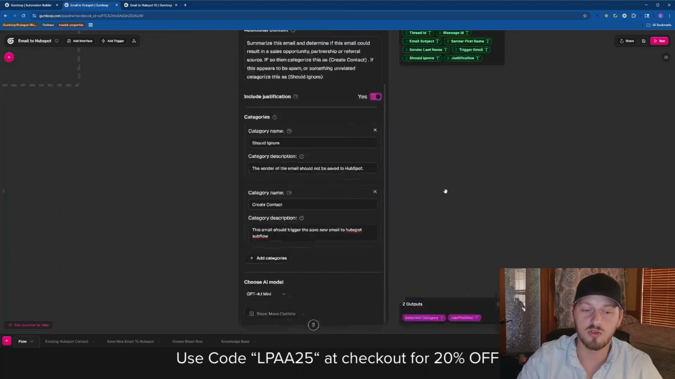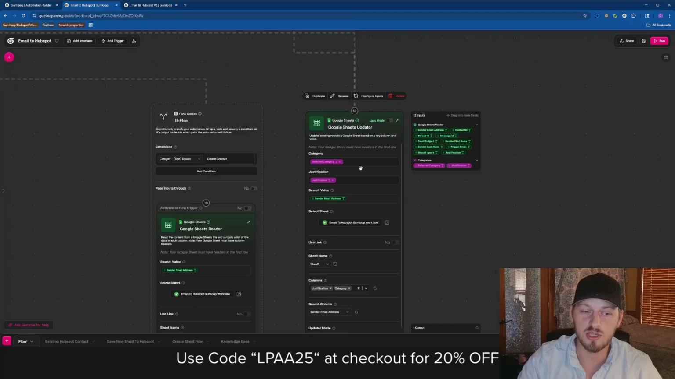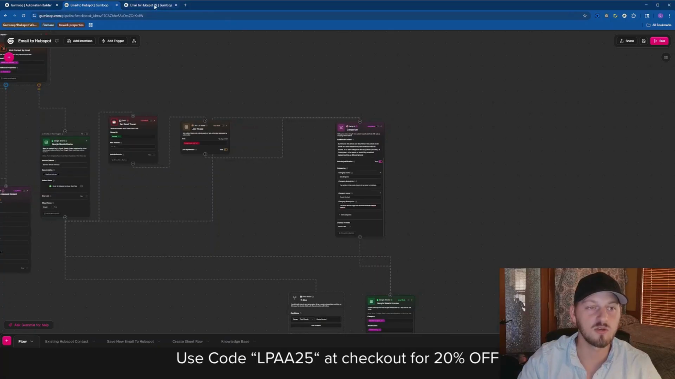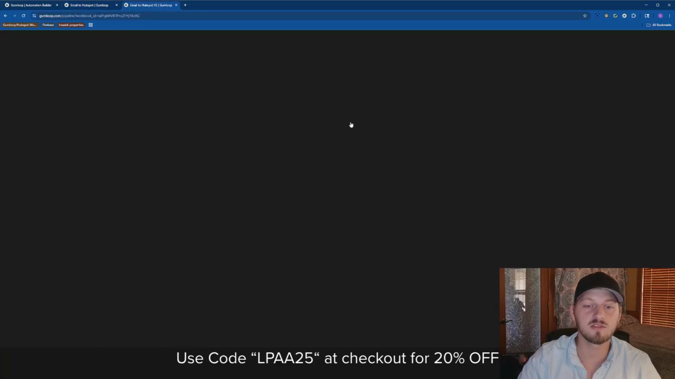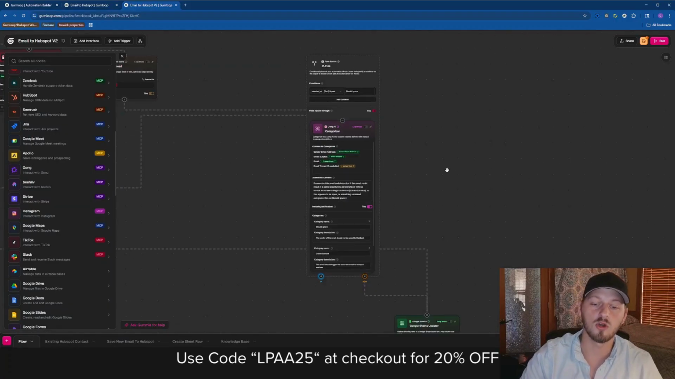That is one way that you could use it, is you could simply have it update some value within the Google Sheet. There is another thing that you could do with this categorizer as well, which we'll look at on the next workflow here. So this is a variation of it that I created for this tutorial video, basically the exact same workflow,